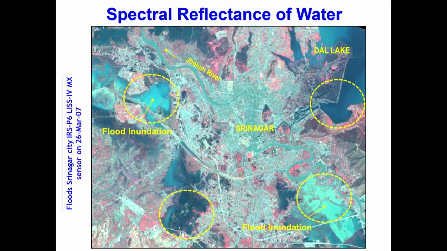And once you combine different bands, three bands, we are also able to produce a false color composite by taking green, red, NIR, or different combinations. We can exploit the properties of all bands, and make the interpretation much better. Like in this example, you can see there are four circles, and in all four circles there are tonal changes. The color of the water is different.